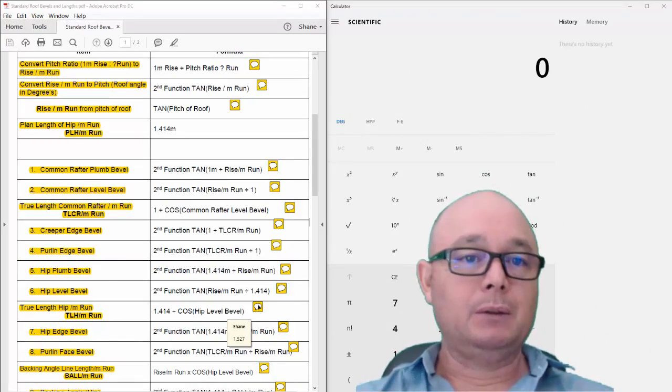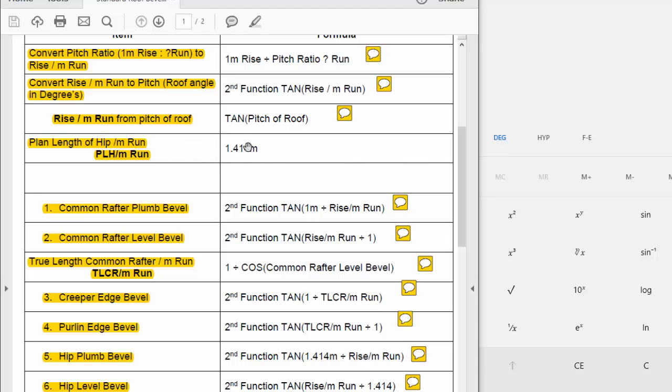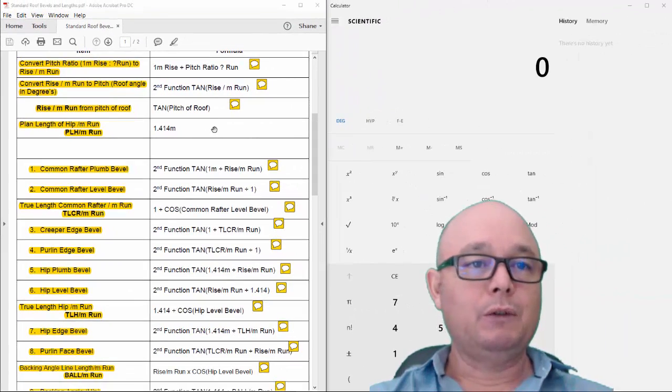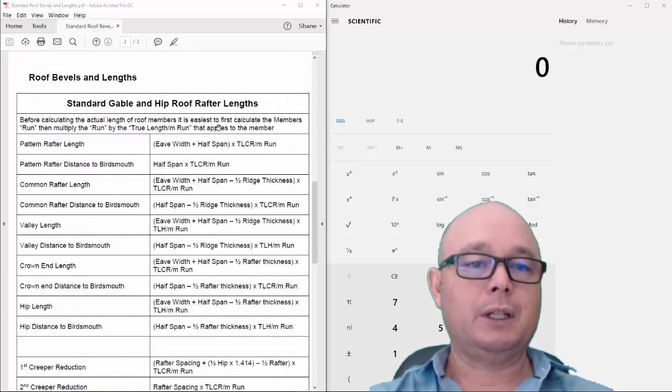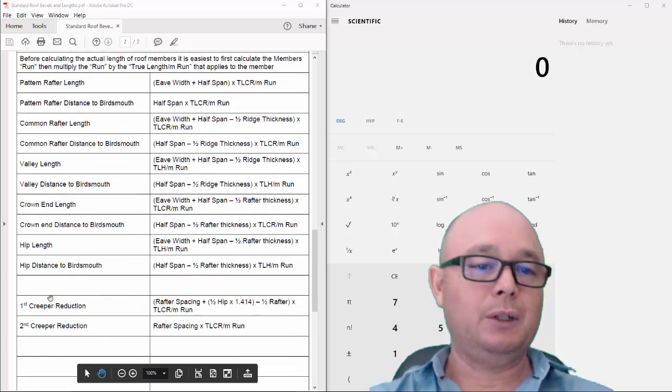Another one of the lengths that we'll use for our calculations is this number here, which is the plan length of hip per metre run. We'll also be using that for our following calculations as well. Okay, so we'll move on to the next sheet, and you can see that it's for standard gable and hip roof rafter lengths. Okay, so I'm going to calculate all the members as you see on your sheet there, right down to the